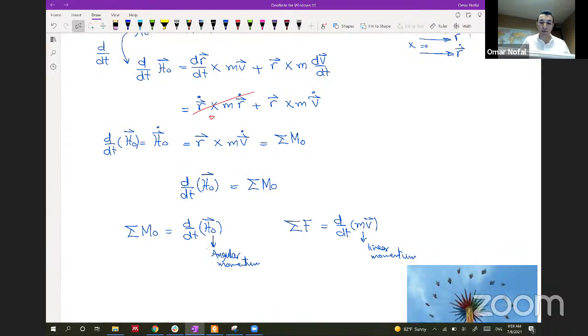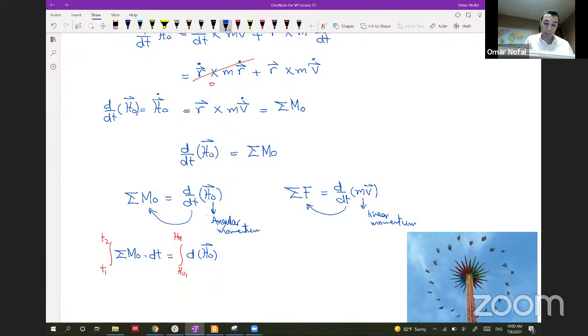And from this, we can do something like what we did before for the angular momentum. We can have dt here, and we can have dt here. So you will end up with the sum of the moments about point O multiplied by dt equal to dHO vector. And if you integrate these two quantities from time t1 to t2, and this will be from HO1 to HO2,